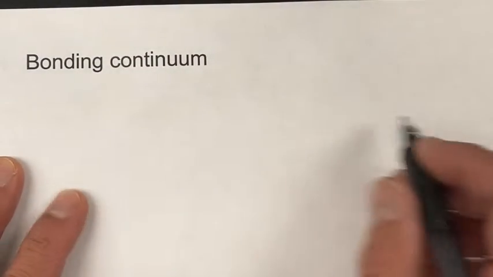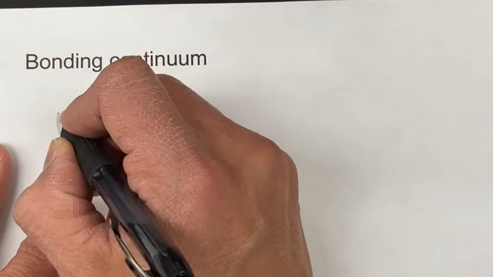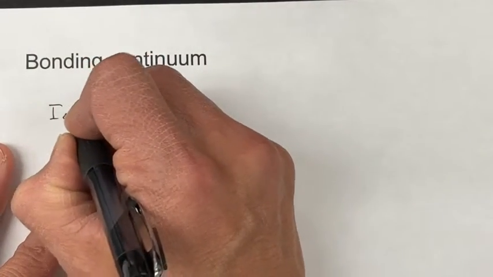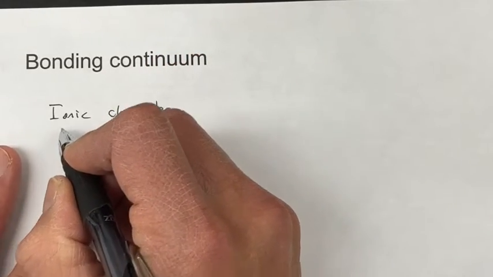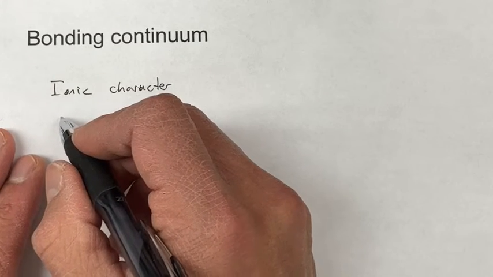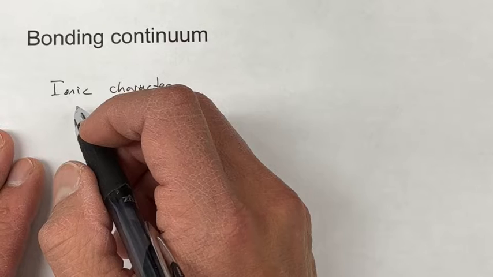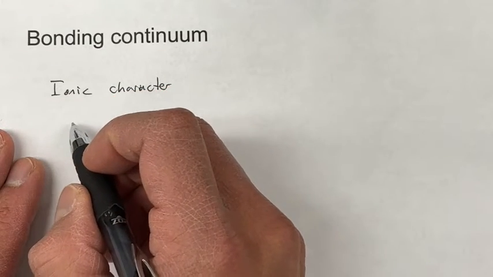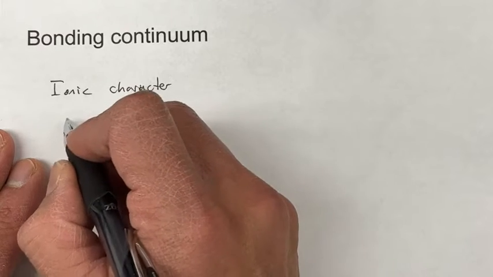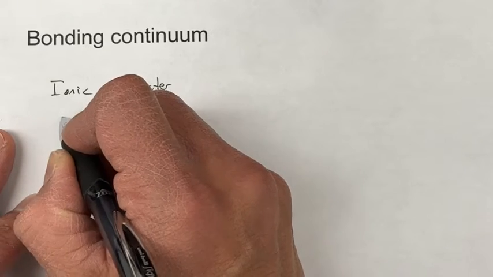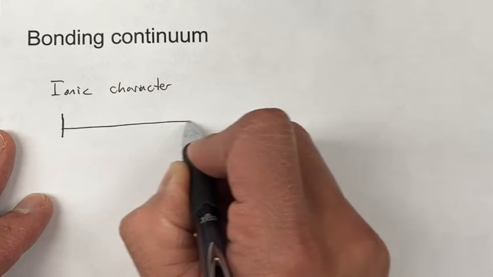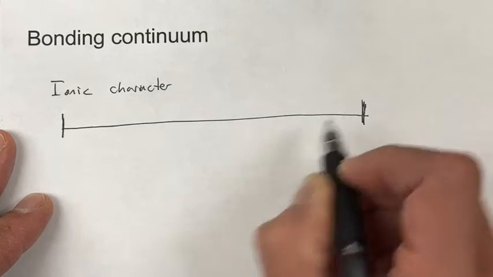So, ionic bonding. And this brings us to something called the bonding continuum. Bonding is kind of a strange thing because on one end of it, let's say I have ionic character. And on this side, I have things like sodium chloride, lithium fluoride, or things like that, which are metals and nonmetals. Ionic character means that it is really pulling those electrons away. So I have very ionic things on this side, but then on the other side of this continuum,